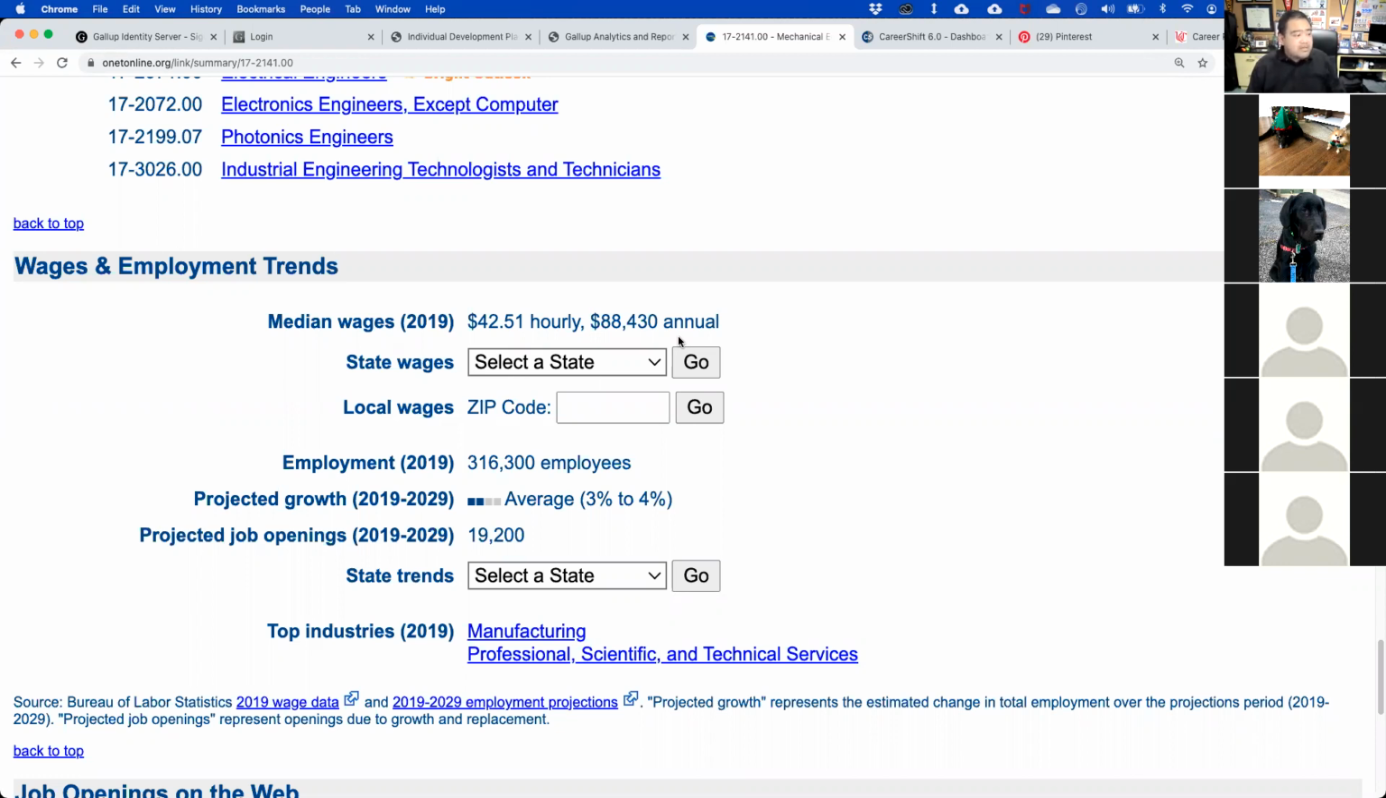in the employment trends. You'll notice in terms of projected growth, there is a 3 to 4% growth between 2019 and 2029. Okay, we are projecting a significant amount of job openings for mechanical engineers. I've been saying this for years, where within the next, actually, I've been saying starting in 2023, there will be